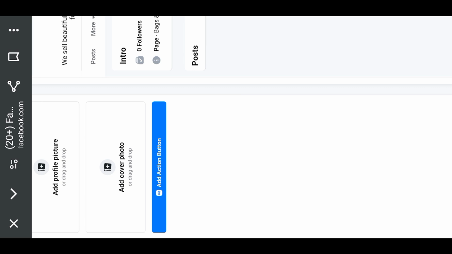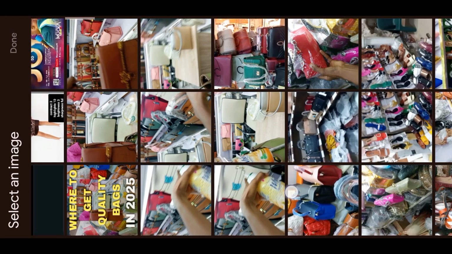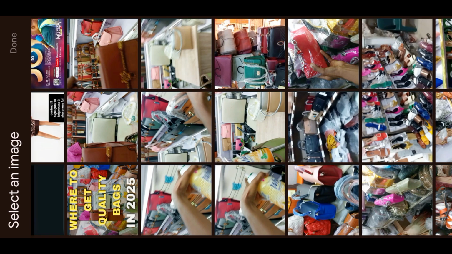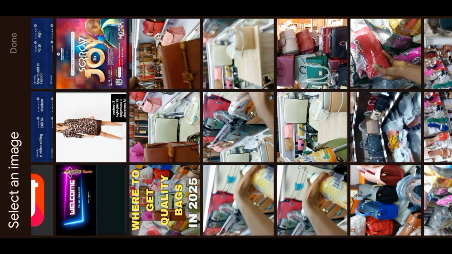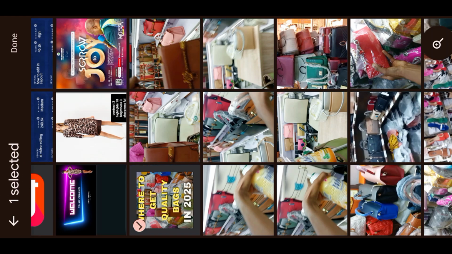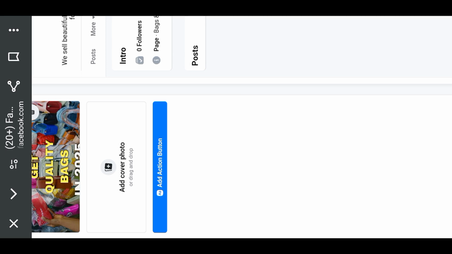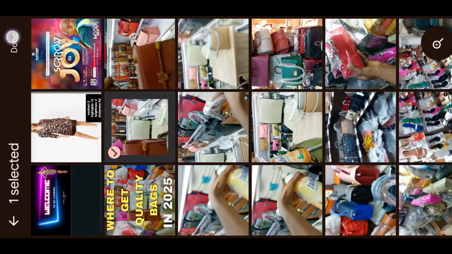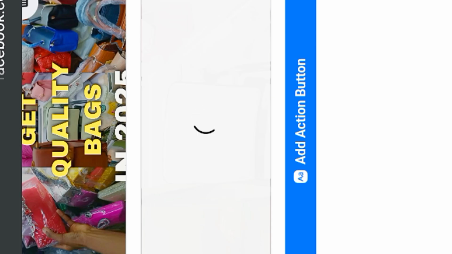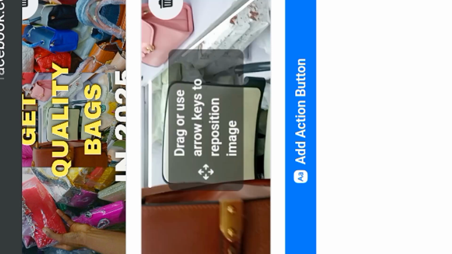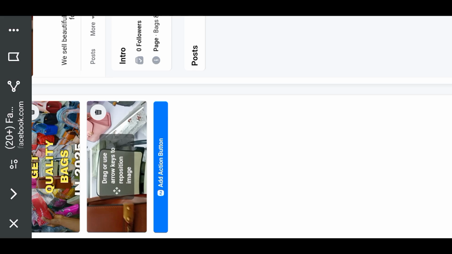You'll also be expected to put a profile picture and a cover picture, just as you do for your regular Facebook page. But this one, you won't put your face pictures, or you put pictures relating to your business, because when your customers look at the page, they want to see the business, what they would expect from you. For me, I put in a thumbnail for one of the videos I had made about bags. So you know the picture that you put, something related to the business you are doing. Make sure it is clean and